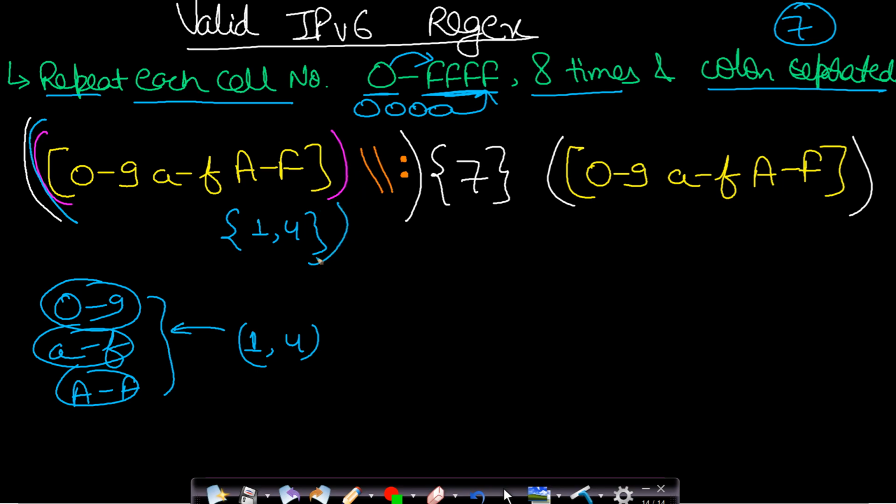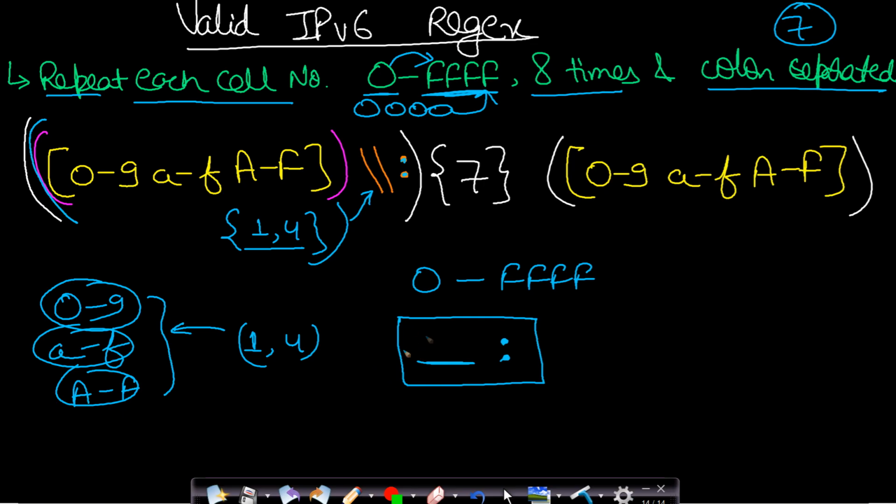After this you put the bracket and then you include the regular expression for the colon. In this case you will include one character and you can repeat it 1 to 4 times. That is, you can pick independent characters 1 to 4 times, and so you will be able to form a number in the range of 0 to all f's. Once you fill your one cell, you will have to include your separator. So this is your separator colon, and so your entire regular expression is now formed. Now you will repeat it 7 number of times.